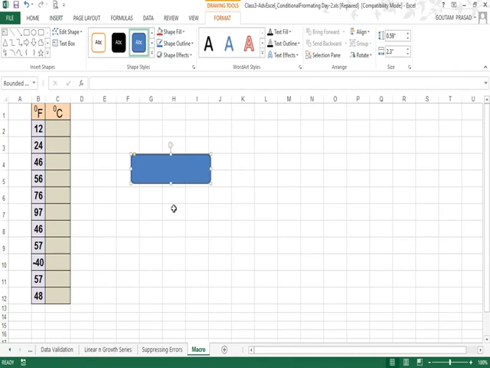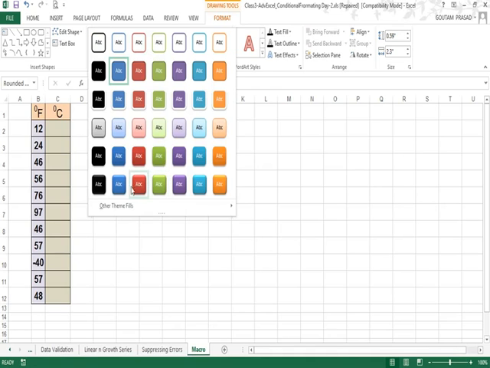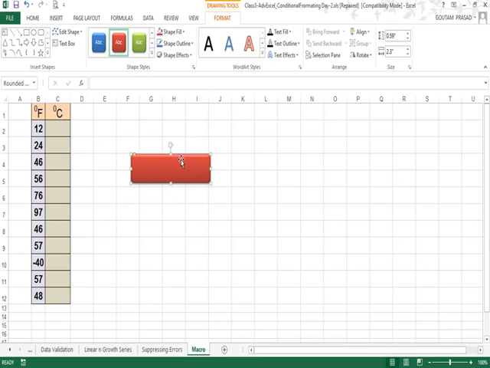I will draw this rounded rectangle, and when you draw it, this drawing tool format will open automatically, and from this shapes style you can select a beautiful 3D shape. I am selecting this red one. This looks beautiful. So I am writing something here: "Run macro" will be the name of this button,